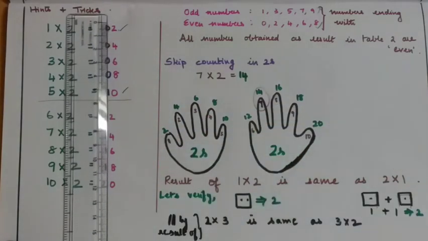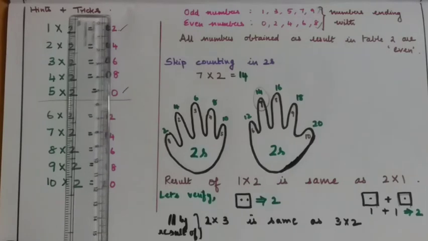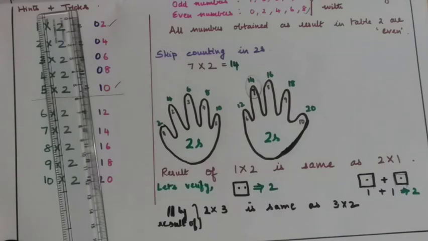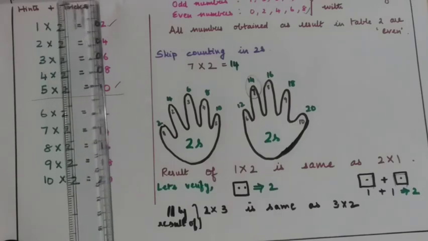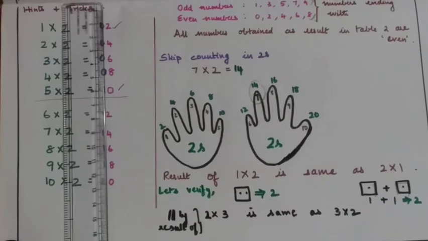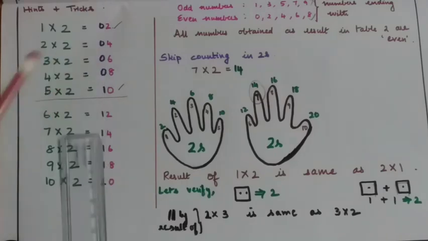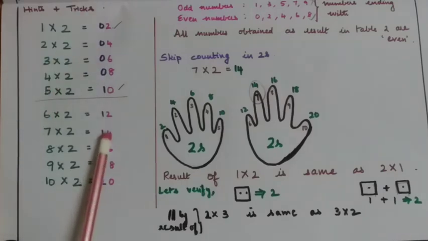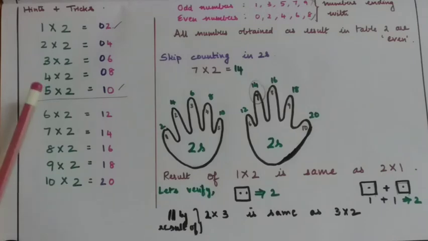find that the numbers are ending with 2, 4, 6 and 8. So for the first part, the numbers are just 2, 4, 6 and 8, and for the second part, we need to just prefix the numbers with 1. So if you look here, the first row is 1 into 2 equals 2. So if you take this first row of the second part, it is nothing but 2 prefixed by 1, which is 12. So 6 2s are 12.